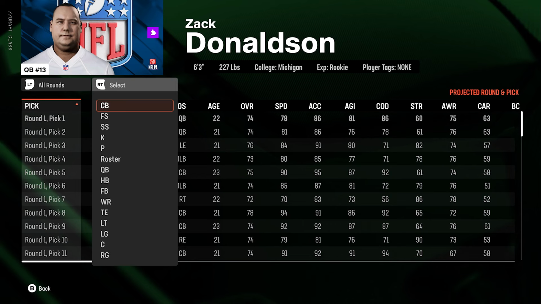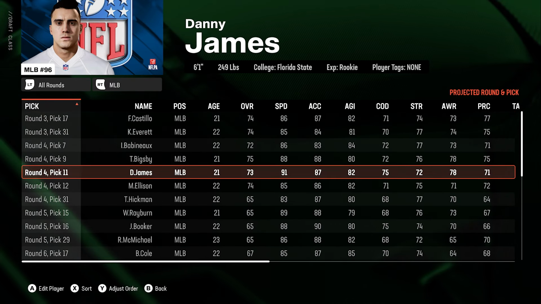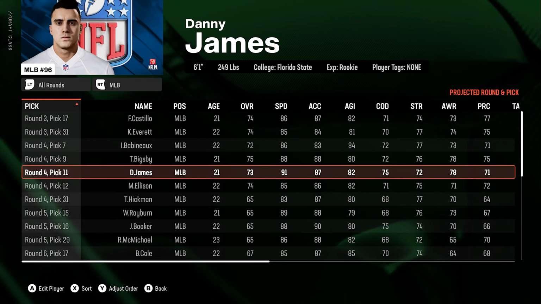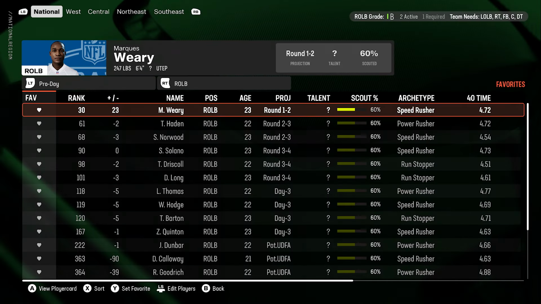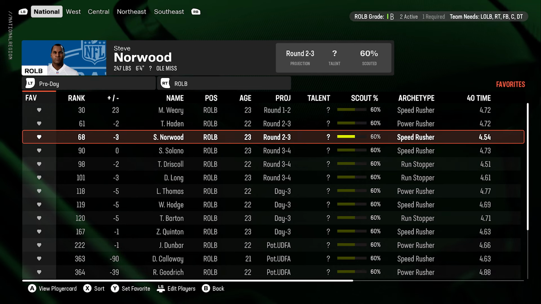99% of the time, if they're a 4.5 or faster, they're in the 70 overall range. And as you can see here, that's going to be the case. All the fast players that we looked at were all 70 plus. And it's just another really easy position to grab when they're athletic. And I will say, it seems like EA might have drawn up